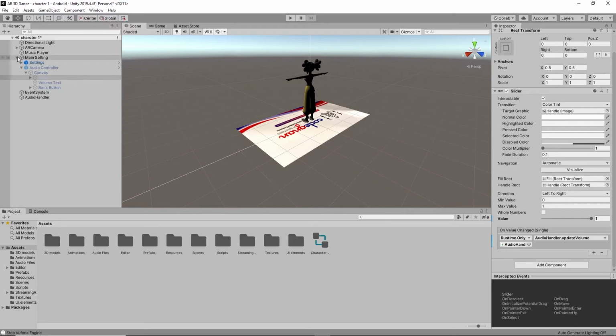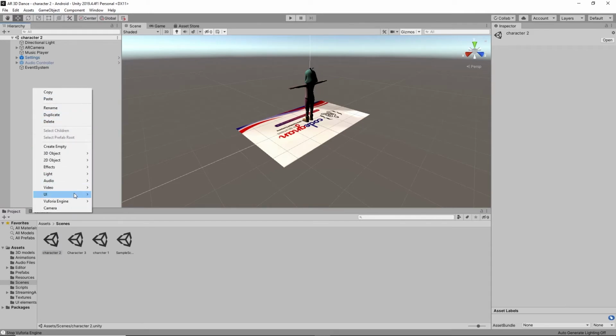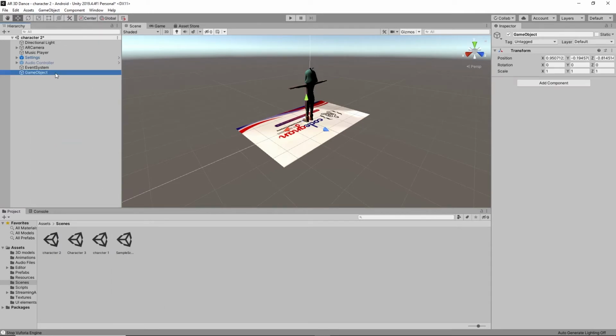So this functionality we have to give to the other character scenes also. We already gave it to character 1. We are going to give it to character 2 as well. Create an empty object called audio handler. In this audio handler, I am going to add the audio handler script, and we have to drag this music player to this.